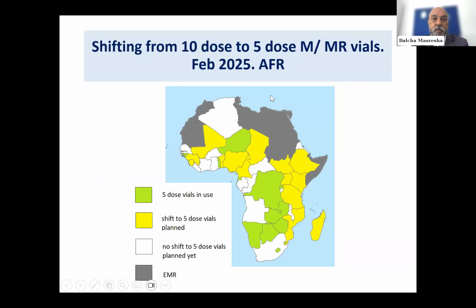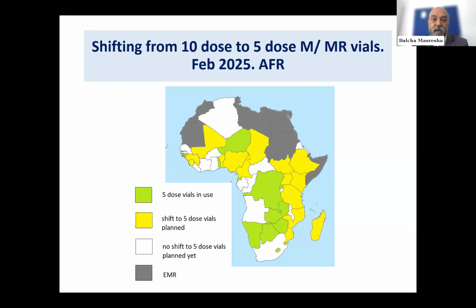The current observation with the 10-dose vial is that in many cases, measles or MR vaccine is being given once a week or once every 2 weeks, or even in some cases, once a month, just to make sure that they can bring clients together and open vials and minimize wastage. So the fear of wastage is a major driver to missed opportunities for measles vaccination, and moving towards fewer dose vials, and currently Gavi is supporting 5-dose vials, we think will change the paradigm here and lead to better coverage.